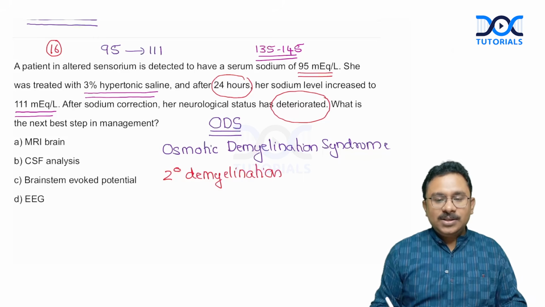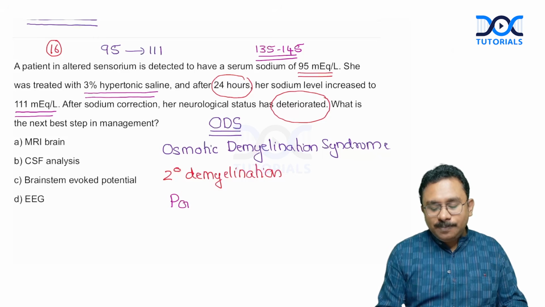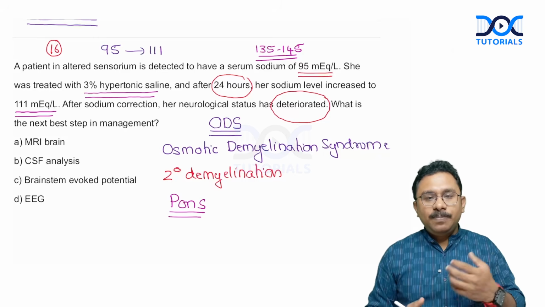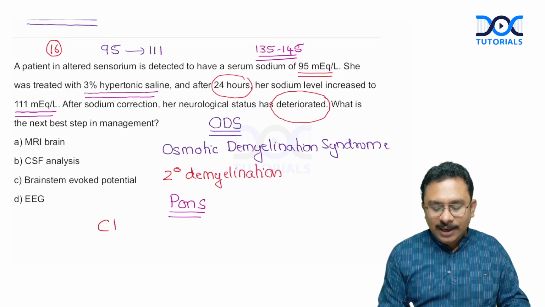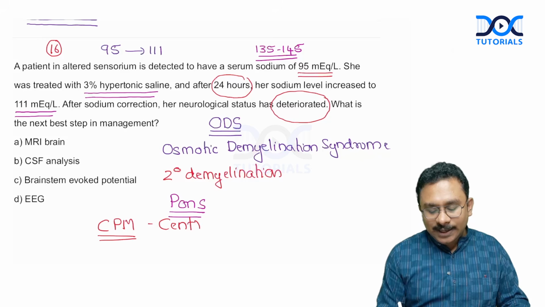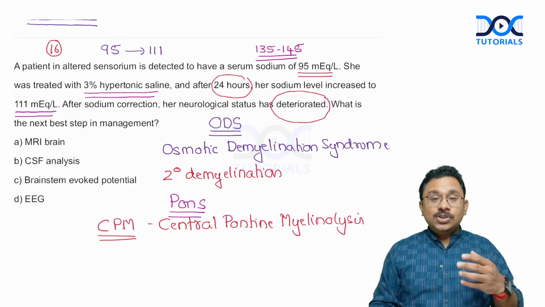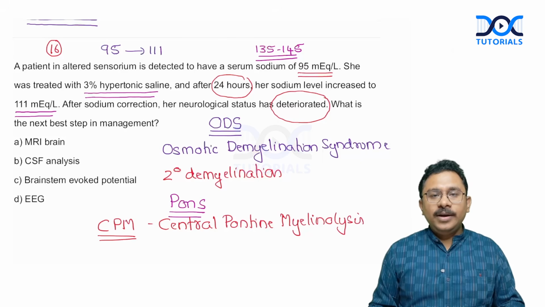And this demyelination is highly likely to occur in which region of the brain? Especially the pons. And because the demyelination predominantly involves the pons, it is also known as CPM. What is CPM? Central pontine myelinolysis. I repeat, central pontine myelinolysis. Okay, please also understand that though I said that pons is predominantly involved, it's not that only